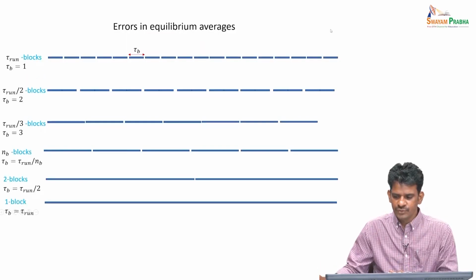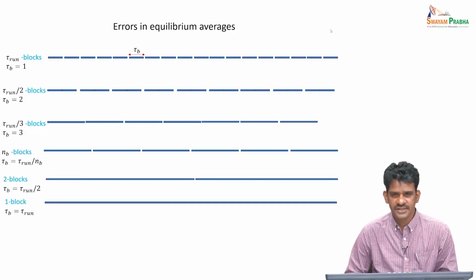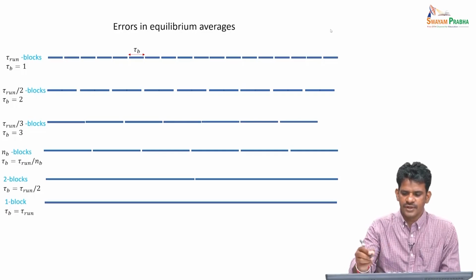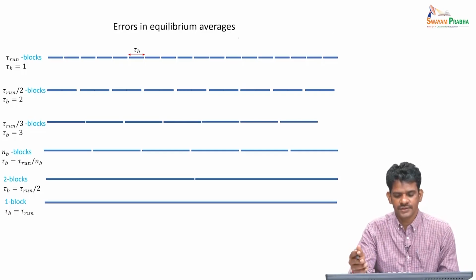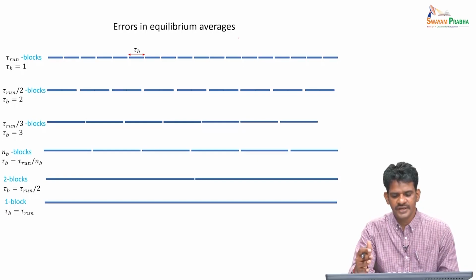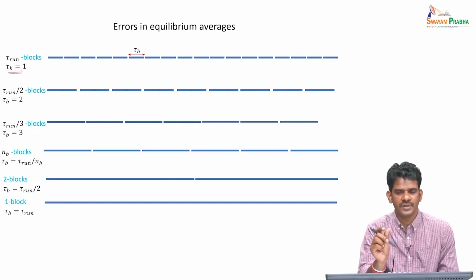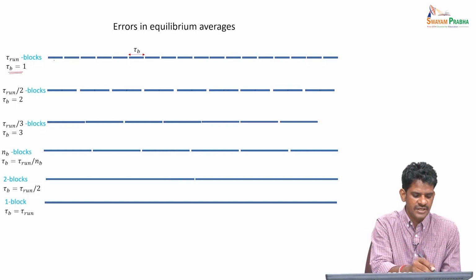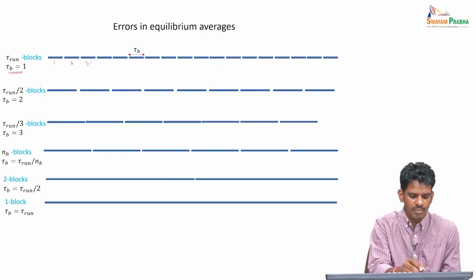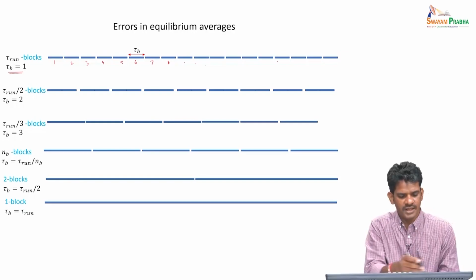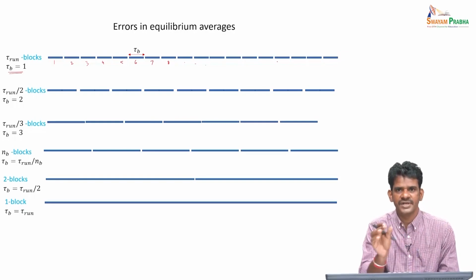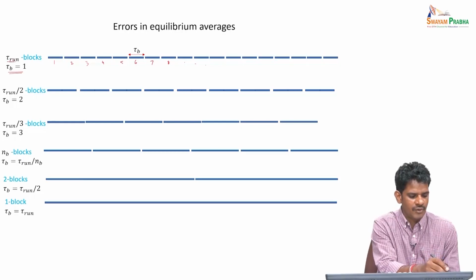The way we do that is we take this data set and make blocks of various lengths. We are talking about a data set which may not contain all the data as statistically independent, so there could be some correlation between the data. First we define a length of the data set. We take each point and consider it as one block. These are subsequent data sets, and if I consider each of them one block, then I'll have tau n number of blocks.